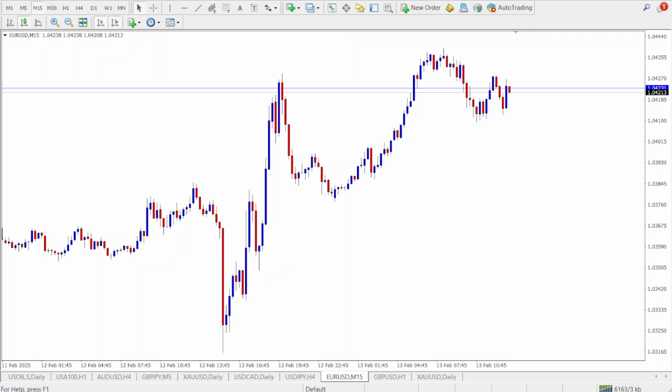So are you struggling to make sense of the Forex market? Do you want to know the most powerful tools that traders use to analyze price movements? Well, in this video, we're going to be breaking down the most popular Forex indicators that can help you understand trends, momentum, and potential trade setups. We'll go over the top Forex indicators, how they work, and how you can use them in your trading strategy. Stick around until the end because I'll also share some tips on how to combine indicators for better